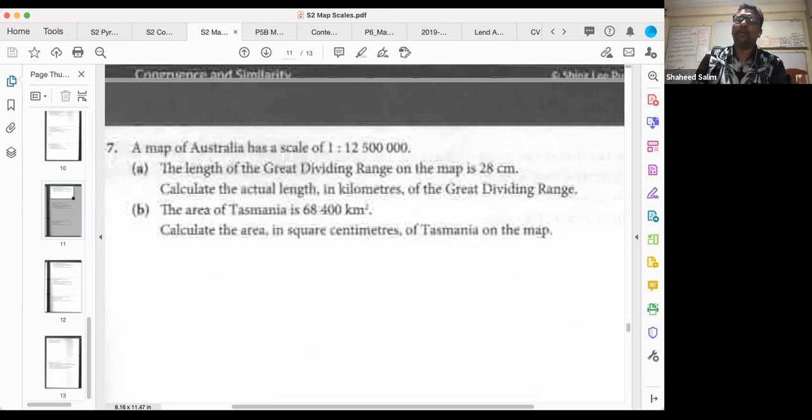Okay, so now down here there's two types of scale. Same thing to you, Akila. One is called the length scale. So this is a length scale, cm to cm, right? You know that this is length, right? But this is not area. Area is a different scale. So this is 1 cm to 12,000